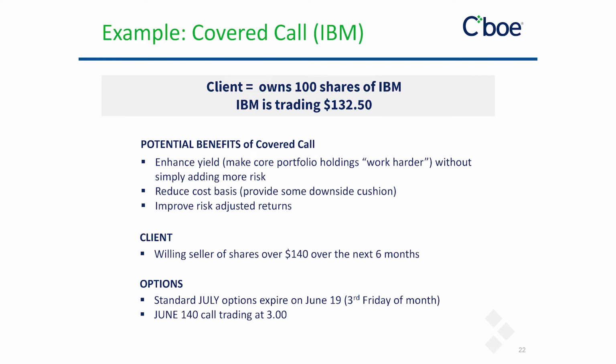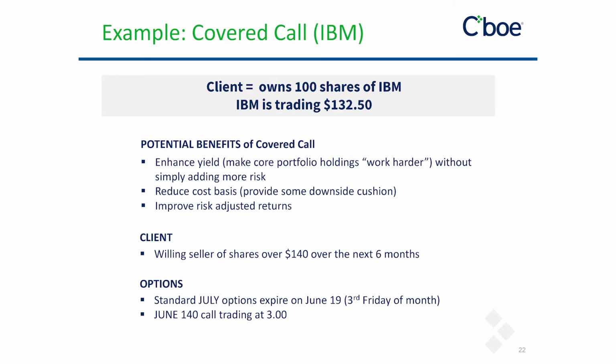IBM is trading at $132.50 a share, and you would be willing to sell shares at $140 over the next 6 months. The standard July 140 strike calls are trading for $3, or $300 per contract. You would collect $300 in premium by selling one call because each call controls 100 shares of IBM. You have sold someone the right but not obligation to buy 100 shares of IBM at $140 for the life